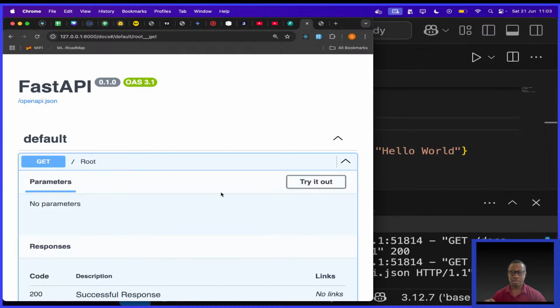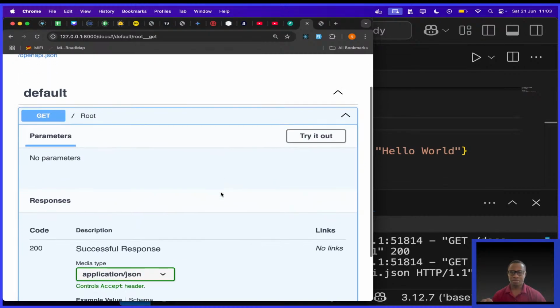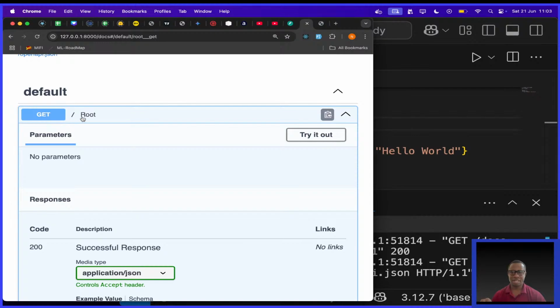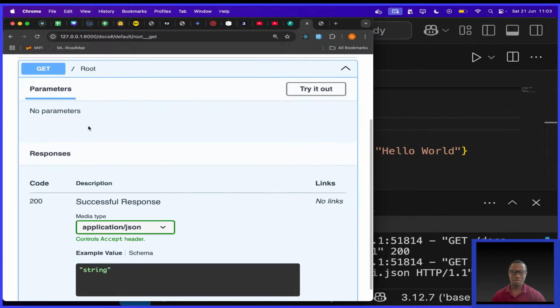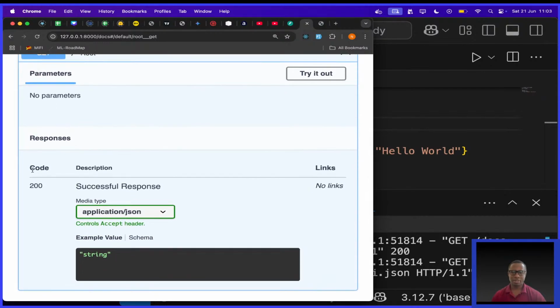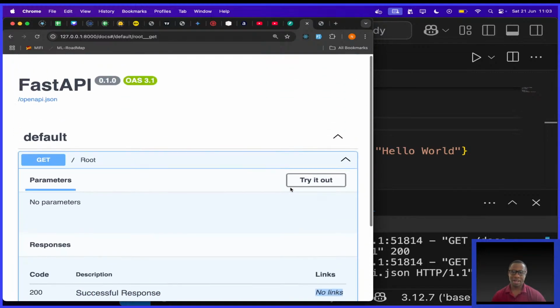So look at this. The method is get to the root, no parameters, the response is 200, description successful response, it returns JSON, and gives us a string. It has no associated links.